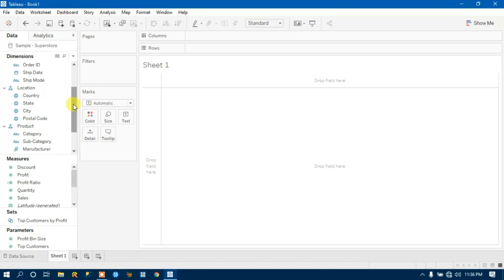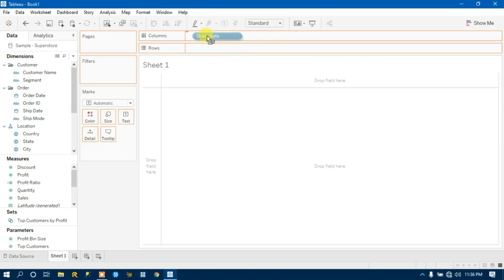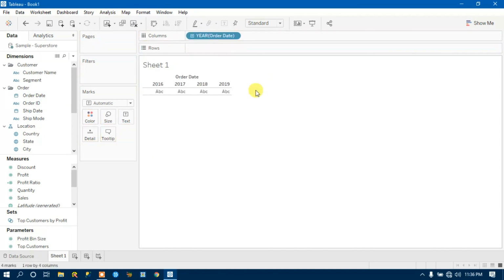So if I talk about their order, how the things are arranged in a particular order, right? Let's say if I talk about the order date, basically what happens if I drag it over onto the column shelf. So what it is picking, it is picking order date year wise, right?